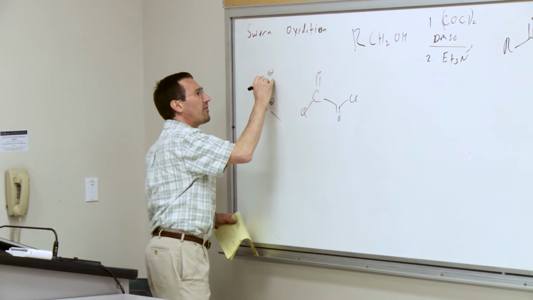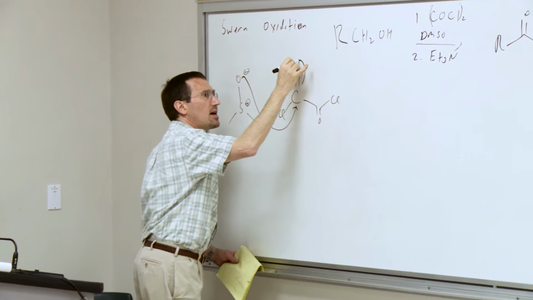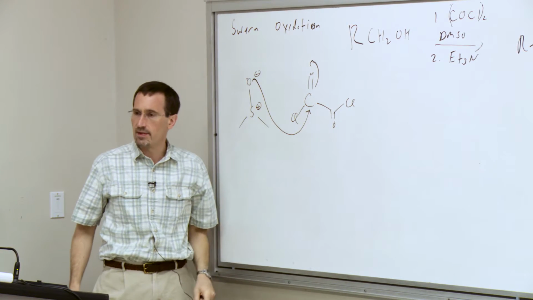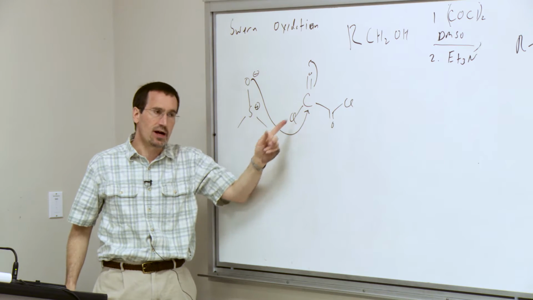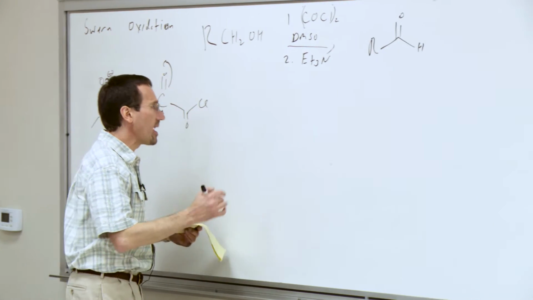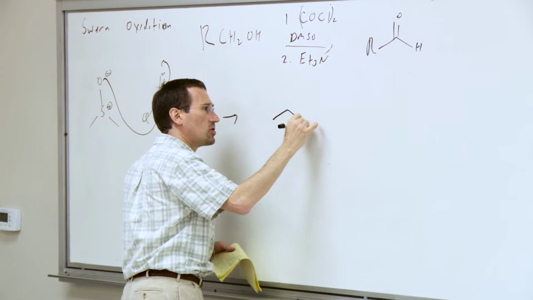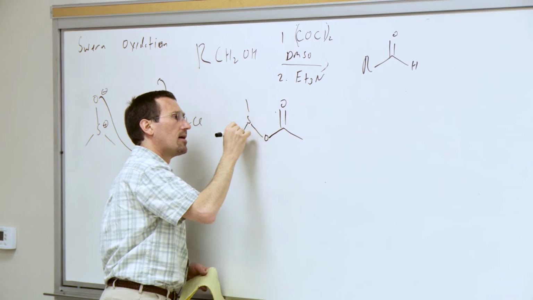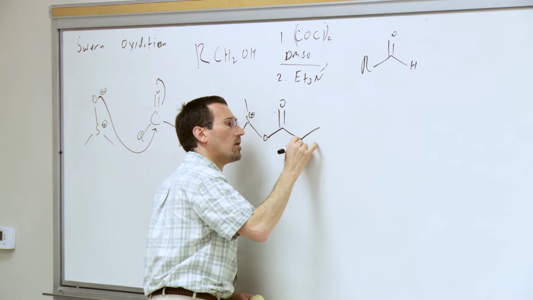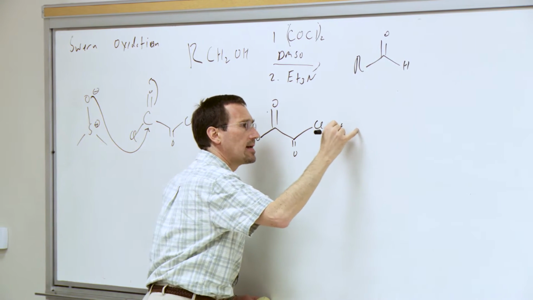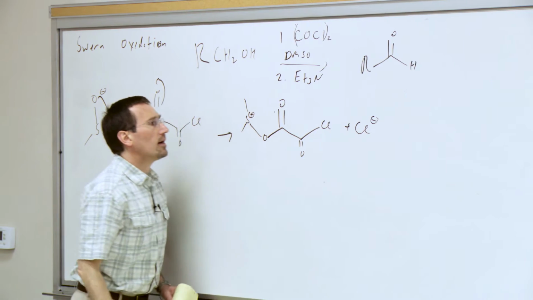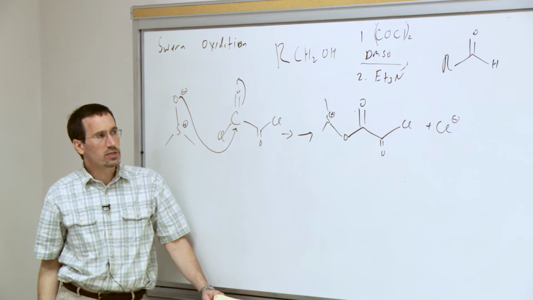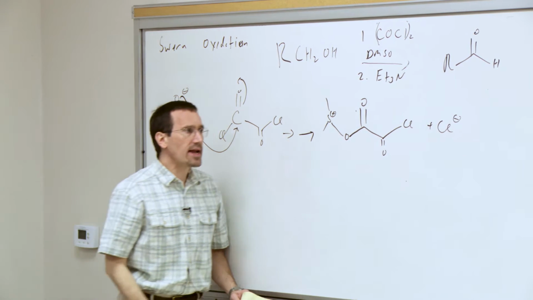So you have a nucleophile, you have your dimethyl sulfoxide, and it attacks the carbonyl. You kick electrons up onto the oxygen, form a tetrahedral intermediate, kick electrons down, kick out chloride. I won't show you all of the steps. You should be able to write them. But in 2 steps, we kick out chloride. I'll just write arrow, arrow, just to remind you of the 2 steps. At this point, chloride can come back,